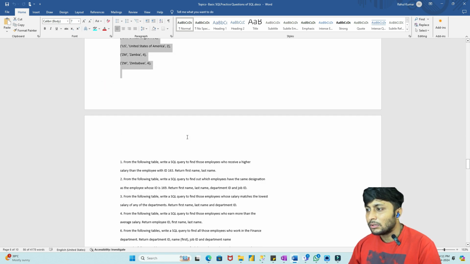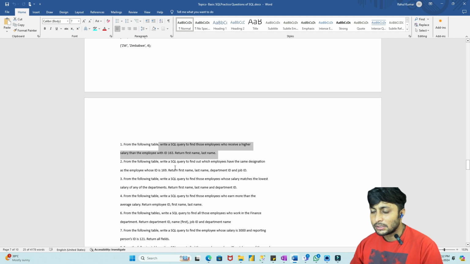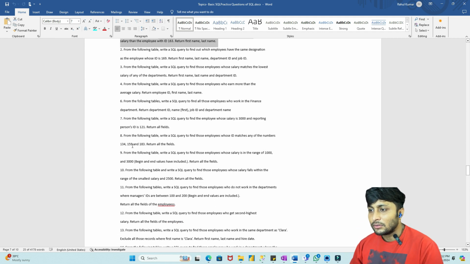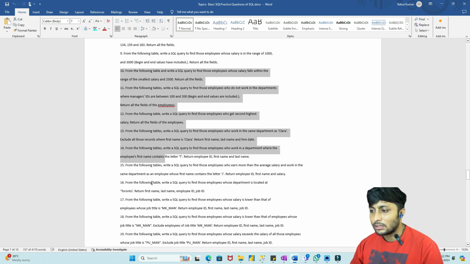insert statements, okay. Along with that there are a few questions related to this particular database, like write a SQL query to find those employees whose salary is greater than that of the employee whose ID is 163, okay. So these are very basic questions. When you go deeper, after the 10th, 11th, 12th, the questions will get deeper and more complex. So